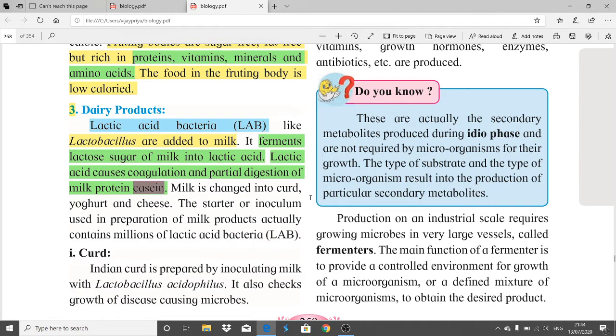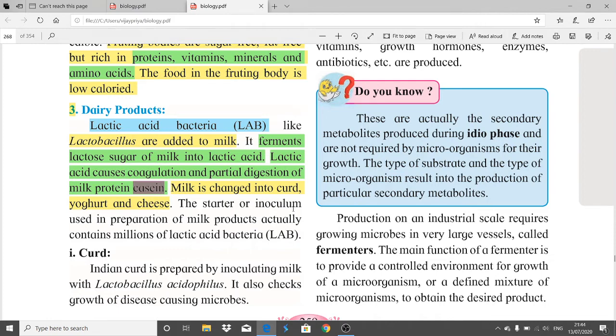So you get the difference between the milk and curd. Its flow is different, right? Milk is thin, just like water. But curd is coagulated, it is somewhat thick, it contains some lump like structures, right? Precipitate like structure. When the milk gets precipitated, you can say when it gets coagulated, then it forms curd, or the milk is changed into curd. And yogurt and cheese. So because of the addition of lactobacilli to milk, we get three kinds of products, that is curd, yogurt and cheese.